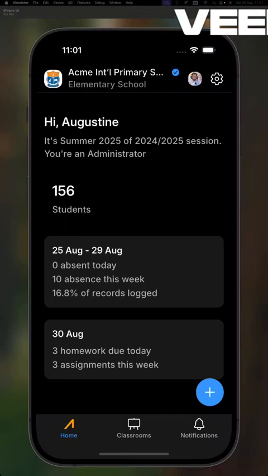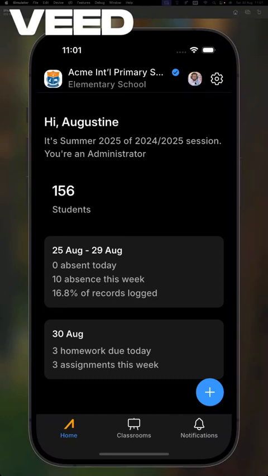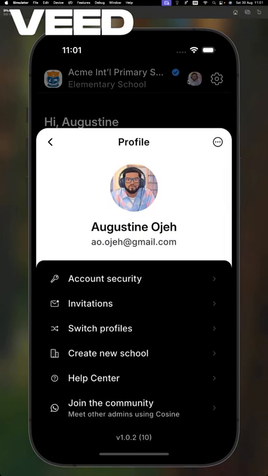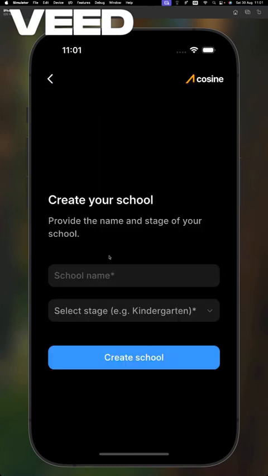All right. This is how to create a school. Let me walk you through it quickly. You find the create new school button in here. So when you click it,